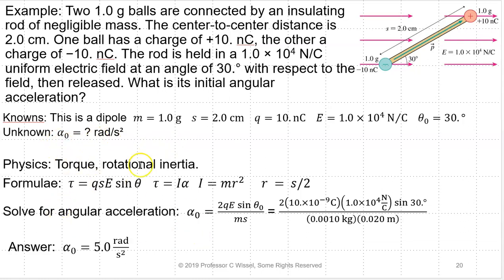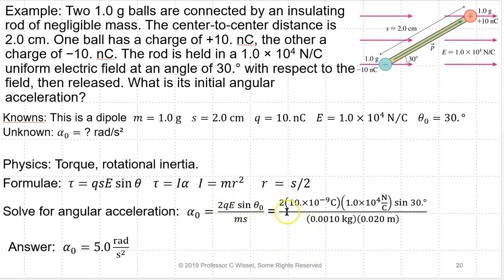The physics of this is torque and rotational inertia. Formula: tau equals qsE sine theta. Tau equals I alpha, where I is m r squared. Of course, r is then s over 2. We solve for angular acceleration alpha. The initial angular acceleration alpha naught is 2qE sine theta naught over